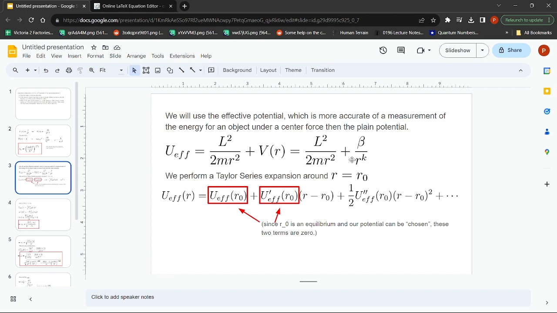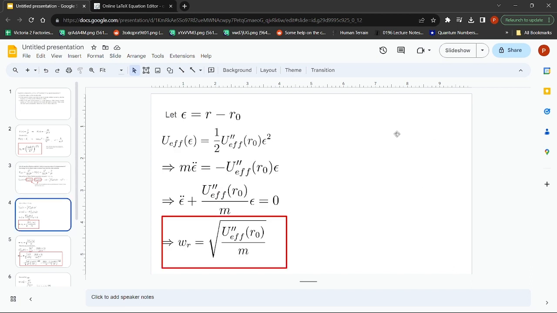And the constant term, well, we can just choose our reference points such that the effective potential is equal to 0 at r equals r naught. This leaves us with only the quadratic term being non-zero for our effective potential. We now make the substitution that epsilon equals r minus r naught. This epsilon represents our small perturbation around our circular orbit. Noting then that, again, the force is equal to the negative of the derivative of the effective potential with respect to epsilon, we get